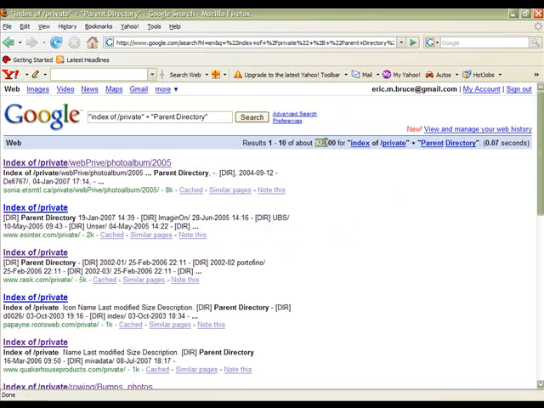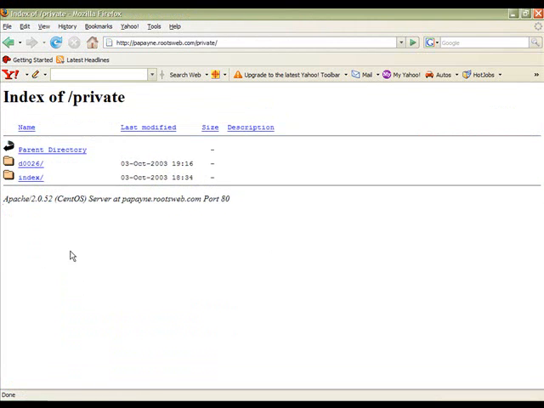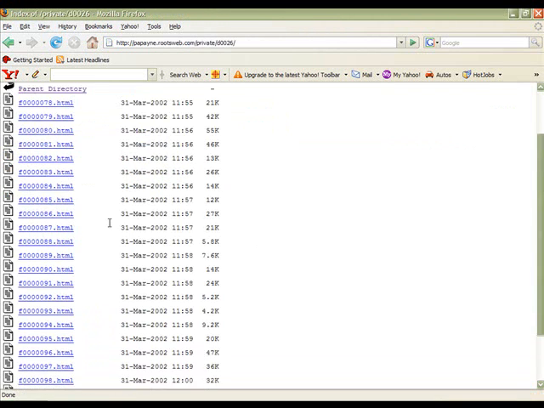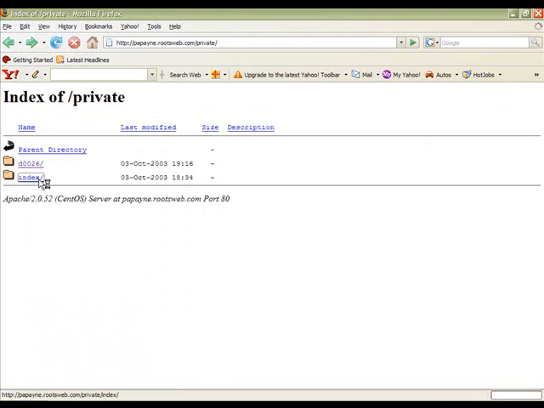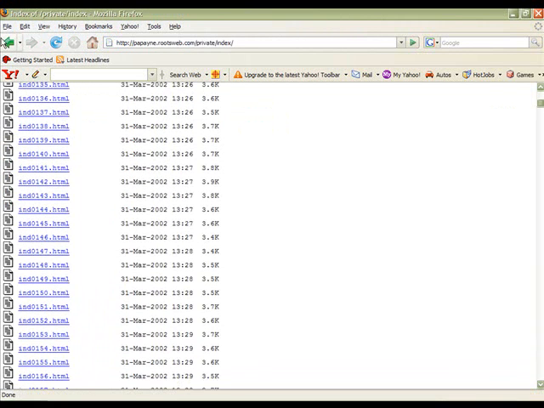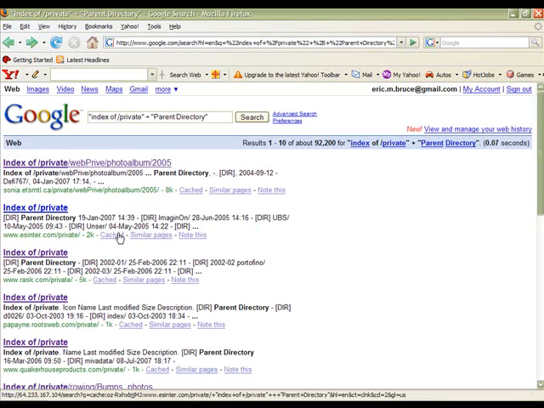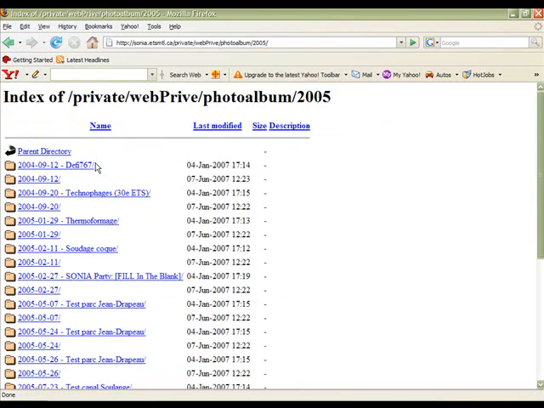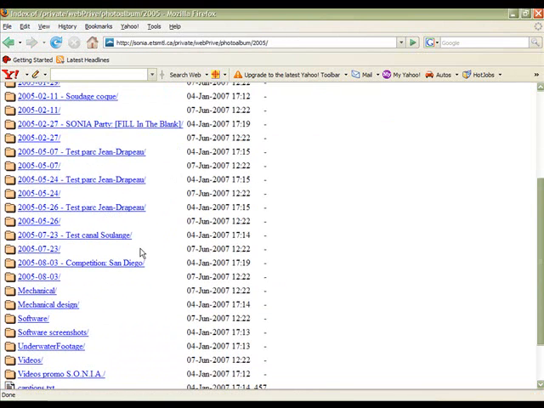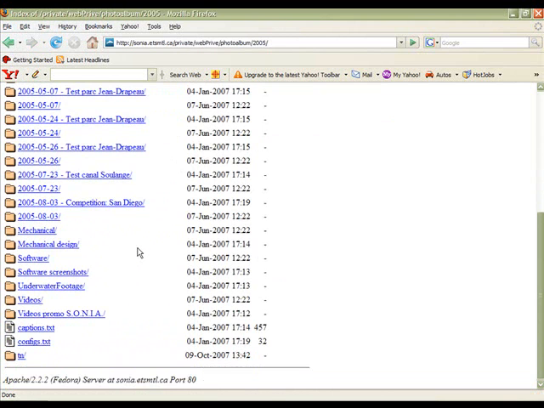See here, it brings up 92,200 results. A lot of these, they're not going to have much in them. I haven't been to this one. Oh, it's very slow, but let's try another one. Not a whole lot in here. A few HTML files. A few more HTML files. Nothing real important. Others, I think this one is a photo album, a private photo album. I don't know what kind of photographer this guy is, but